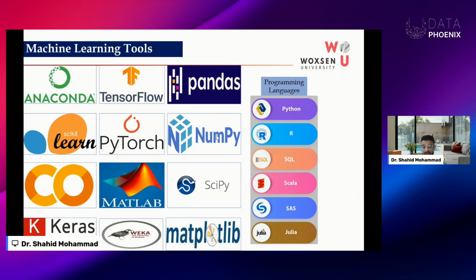We can perform analysis on the data. Data can be numerical data, categorical data, text data, an image, audio, video, whatever. With the help of these tools, we can do wonders and provide solutions to problem statements, and we can pitch these solutions to the current society so that we can solve the problems of the common masses as well. If we talk about the first tool, that is Anaconda,